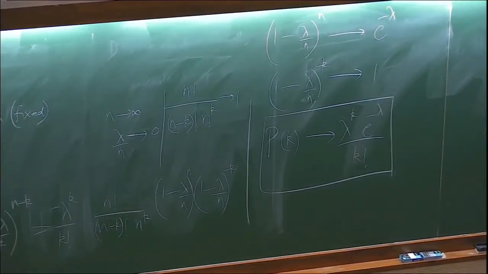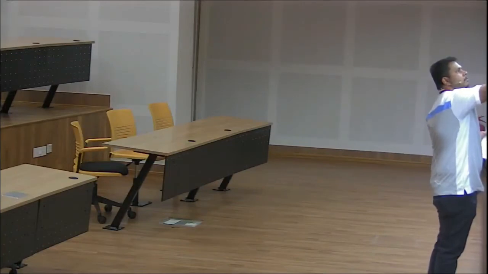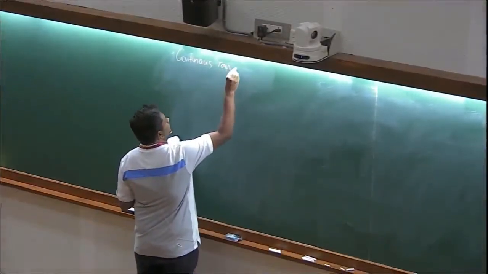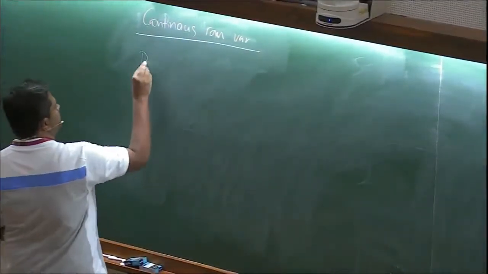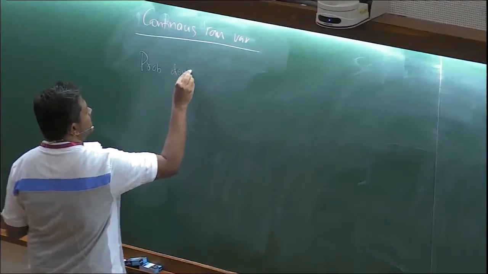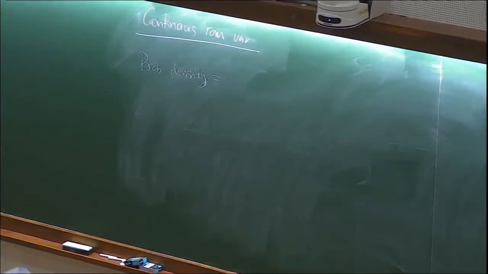Okay, so that's some discrete random variables. So let me go on to continuous random variables and get some more standard examples from there. For continuous random variables, rather than talking about the probability, you talk about something called the probability density, which is really the probability of finding x contained in a small interval between x and x plus dx.